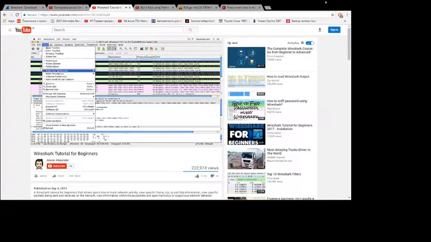You can change a number of things here in the View menu. I'm not going to go through all of this in the video. I think you all can take a look at this menu and see what you want to enable and disable, but it's nice to know that it's there for us. But we can see the time, we can see the source, either IP address or MAC address, we can see the destination,